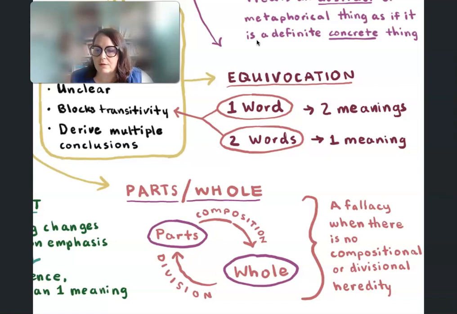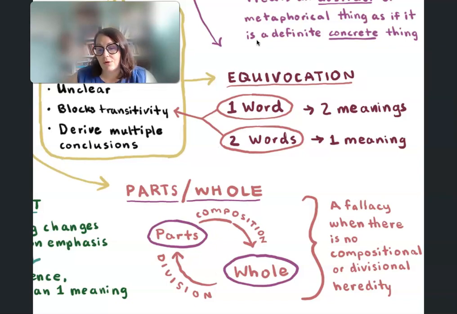So the composition and division have to do with the parts whole relationship. So we talked in the textbook a lot about a fallacy is committed when there's something called divisional or compositional heredity,